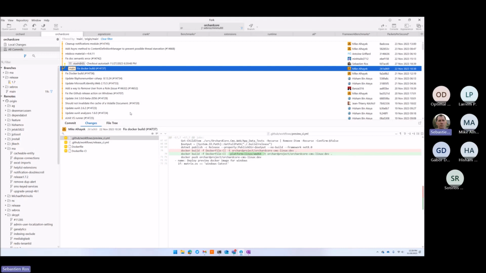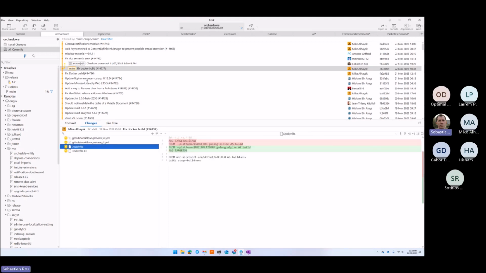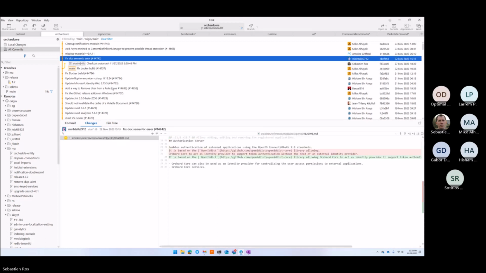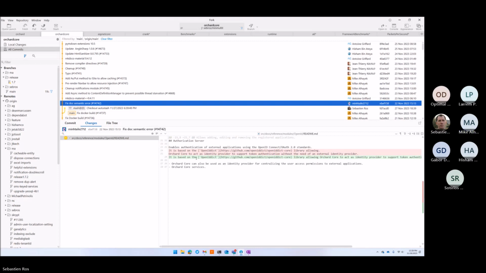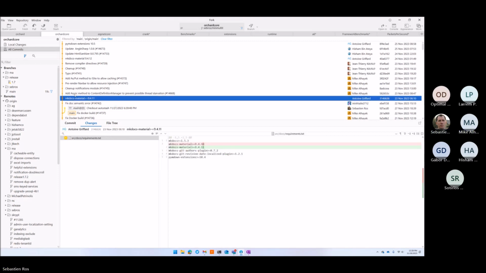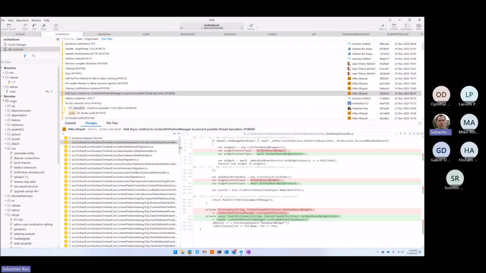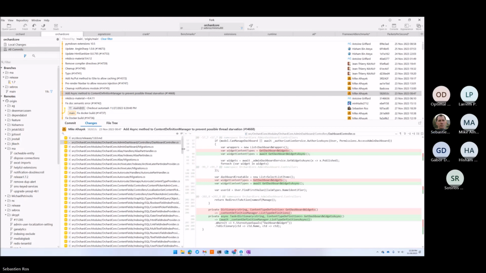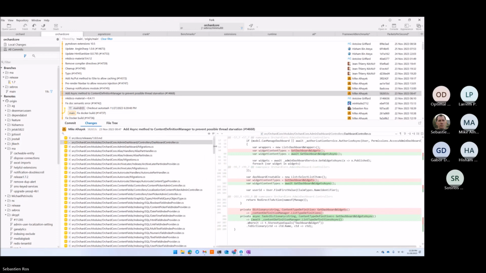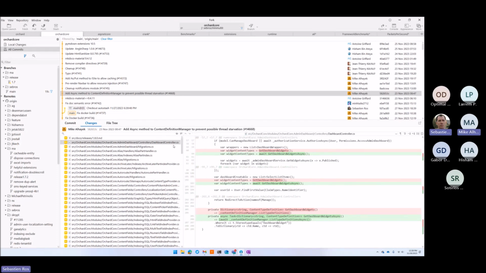Fix to build. Let's try again. Either async method to content definition and not possible thread installation. Possible, we don't know, but why not? So, huge PR. Not breaking? It is not breaking, correct, but there's a lot of warnings as soon as you update, because everyone is managing the content with that.